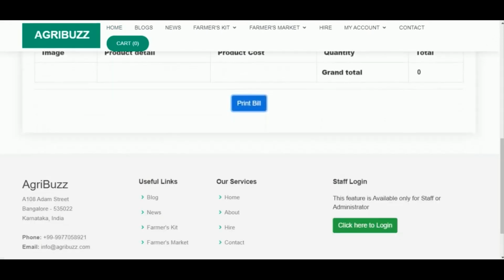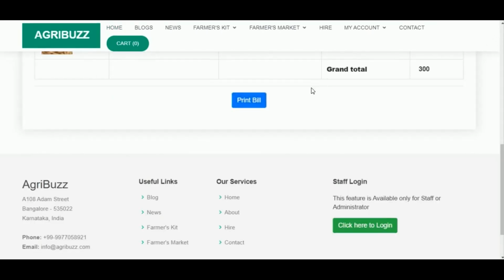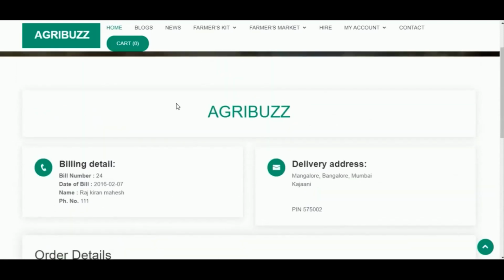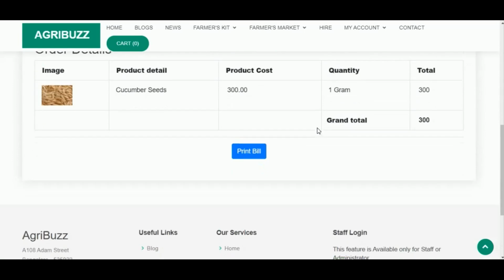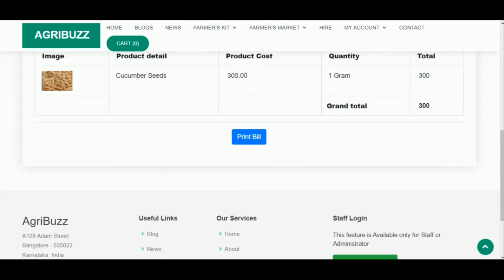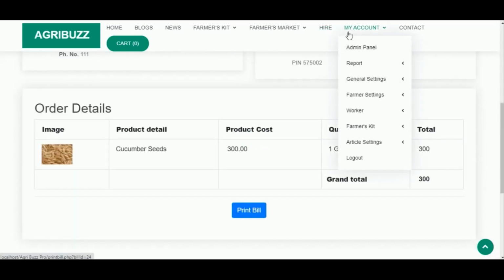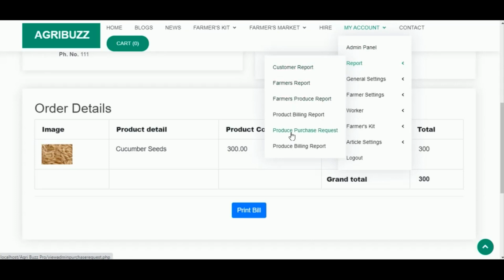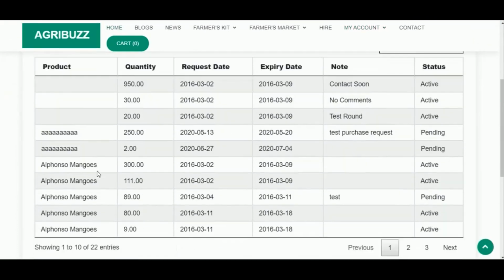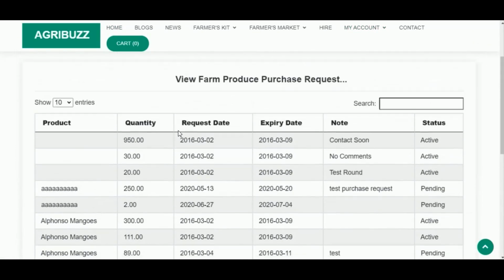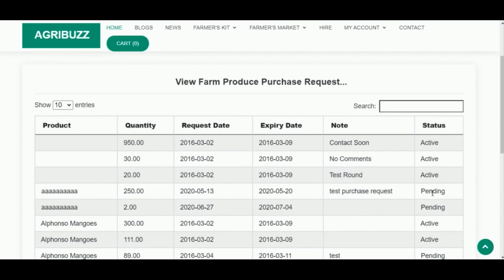Clicking on View Bill, admin can view the bill details. Produce purchase request contains all the requests from the customers to purchase various produces from the farmers.